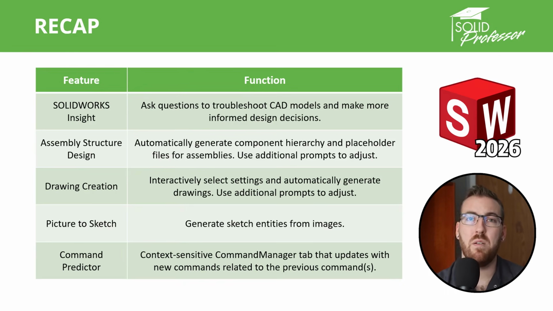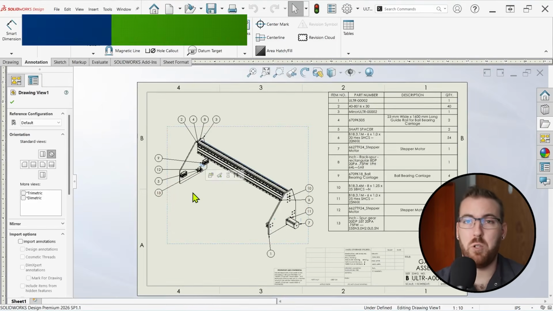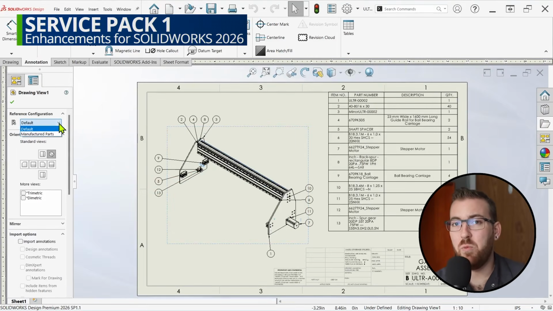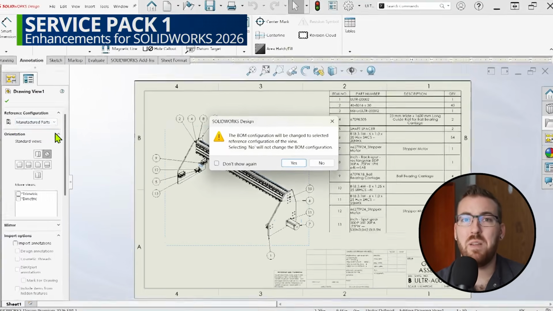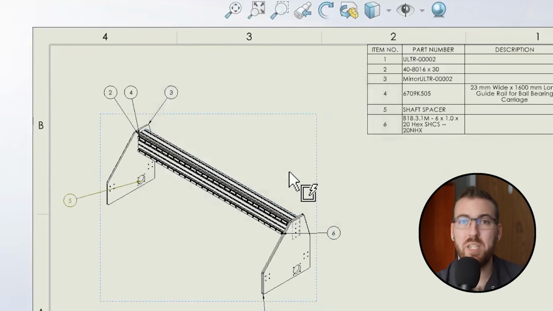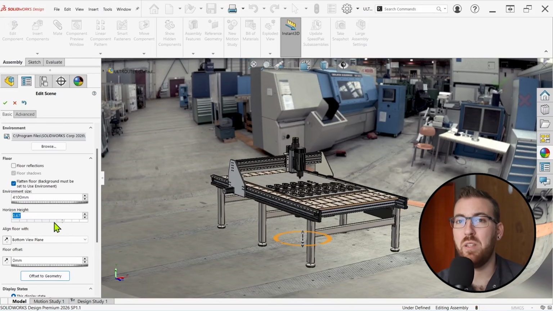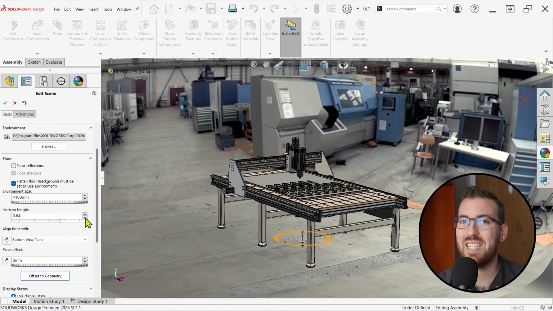And remember, there's a whole series of non-AI enhancements to go along with this service pack as well, including several for sketches and drawings. Now, they aren't exactly virtual companions, but they're still really useful, and we've covered each of them in detail in our SP1 enhancements video. So be sure to check that out to learn more, and be on the lookout for new service packs to be released if you'd like the opportunity to test out the latest and greatest